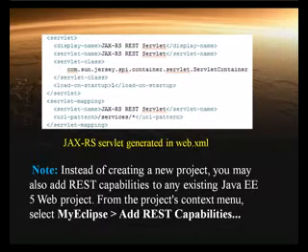Instead of creating a new project, you may also add REST capabilities to any existing Java Enterprise Edition 5 web project. From the project's context menu, select MyEclipse, Add REST capabilities,